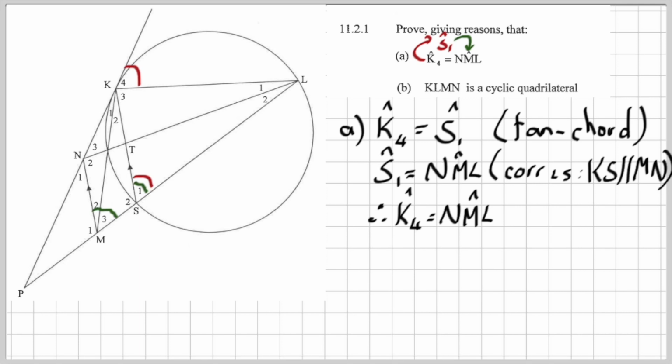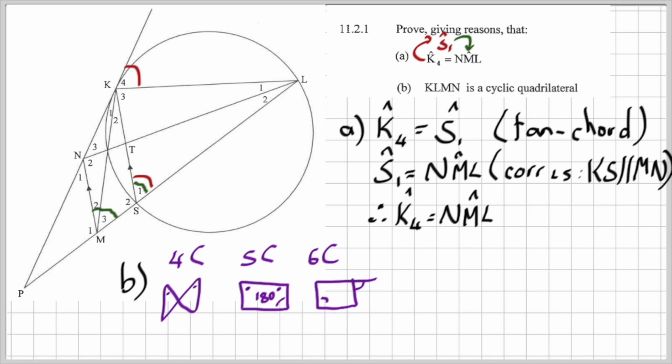11.2.1b, they ask me, prove that KLM is a cyclic quad. Now, I only have 3 ways of proving a cyclic quad. I can use theorem 4, theorem 5, or theorem 6. But look at what was asked in A. They asked me to prove K4 and NML. So by highlighting